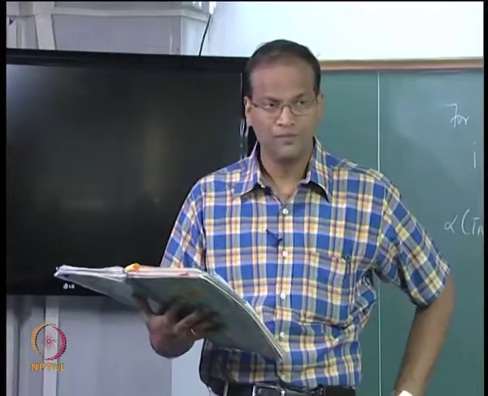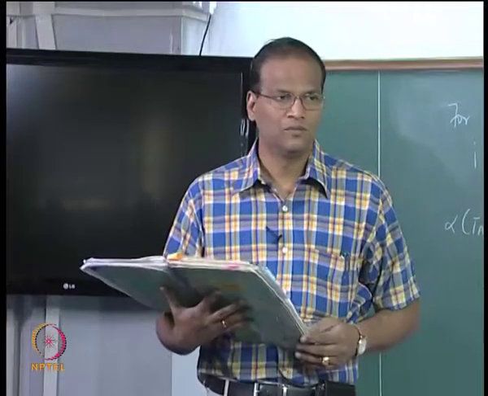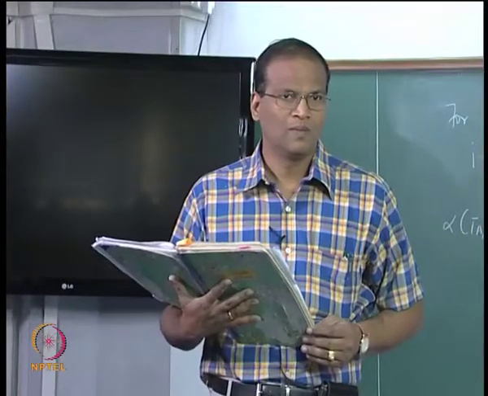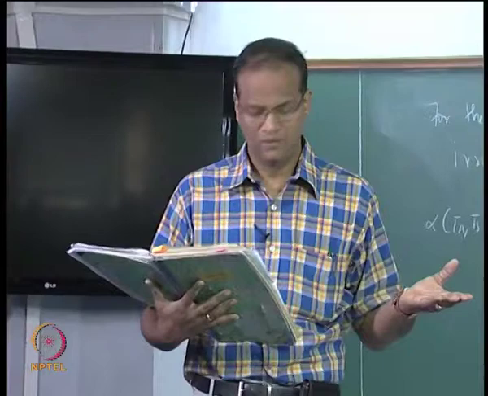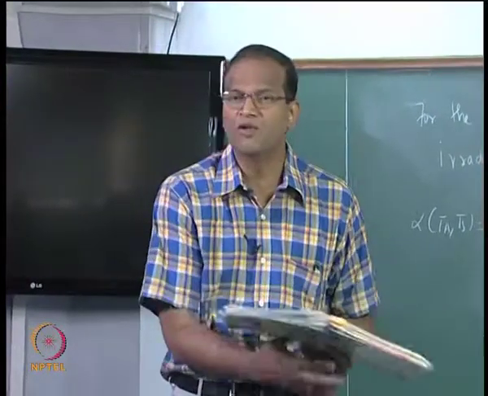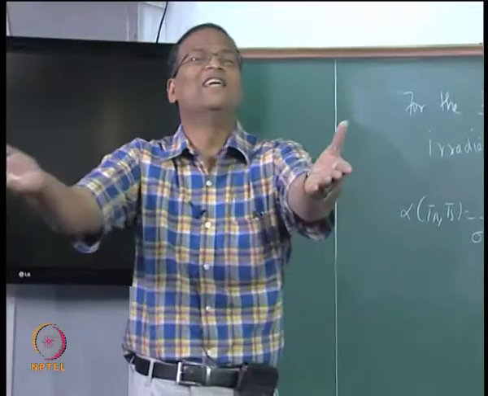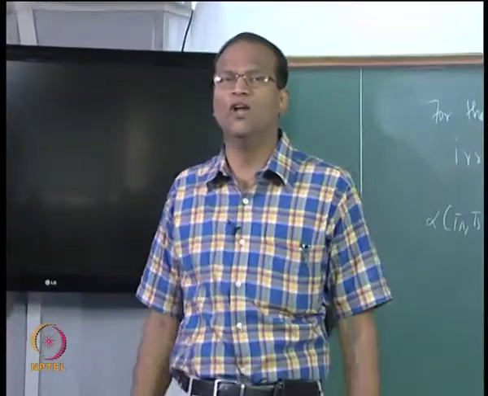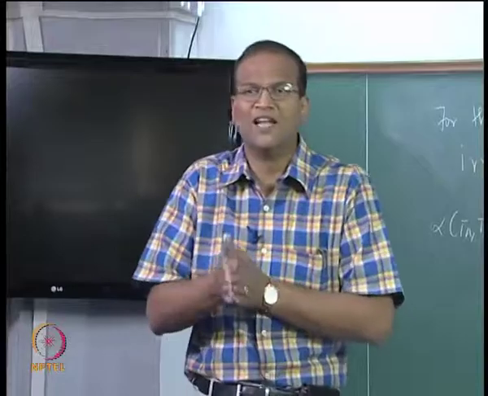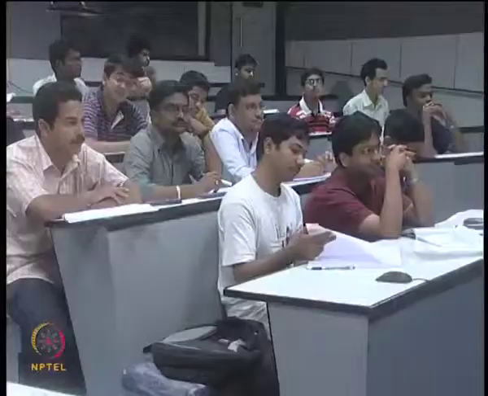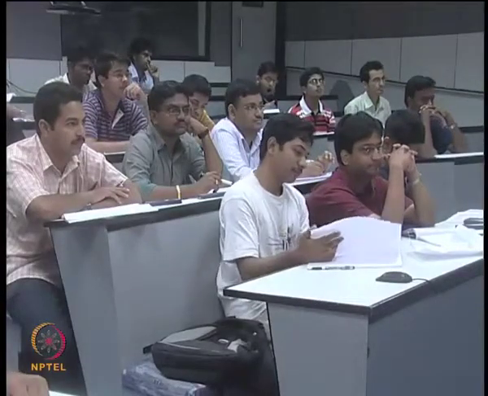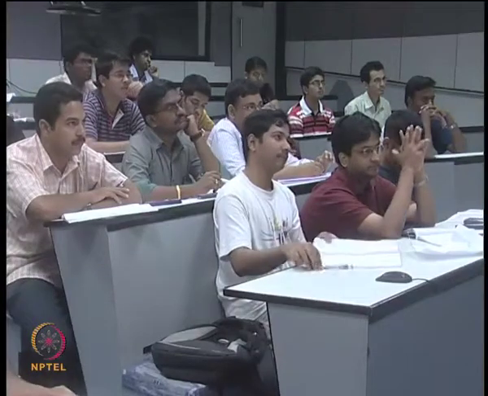Part B. Part C? Please tell me what should be part C. What is the net radiation heat transfer from the surface? That is outgoing minus incoming. C is what is the net radiation heat transfer from the surface. First thing is I will calculate the denominator, right? Fine. So, alpha